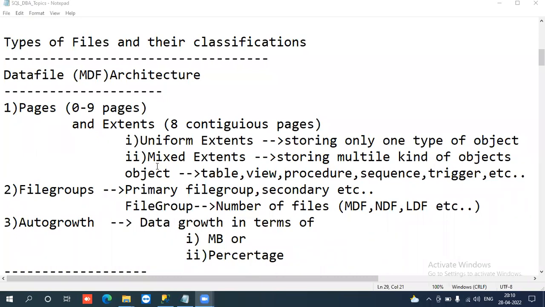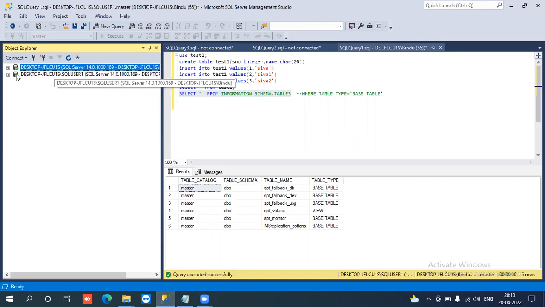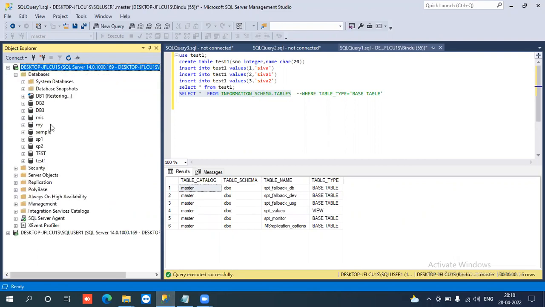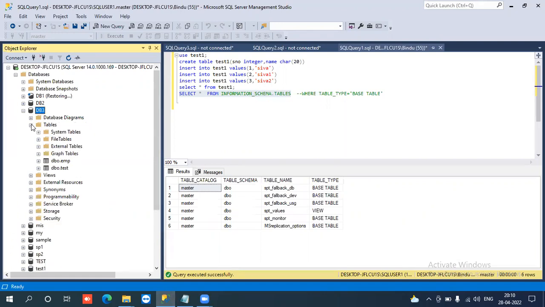In general, if you select any database, for example DB2, and inside this database you create a table, do you assume it is directly stored in the form of a table logically? When we see it, it is showing in table format. For example, select star from table name, the data comes in table format. But